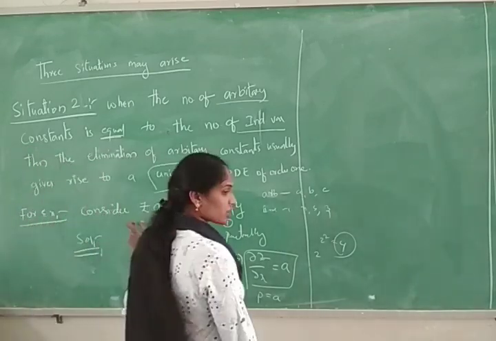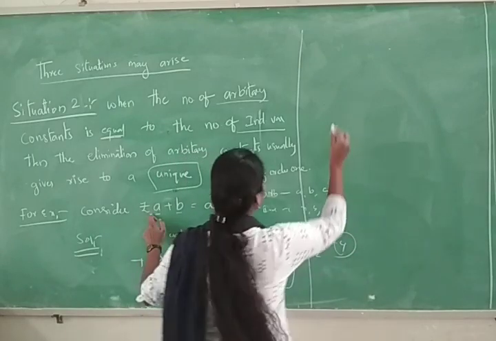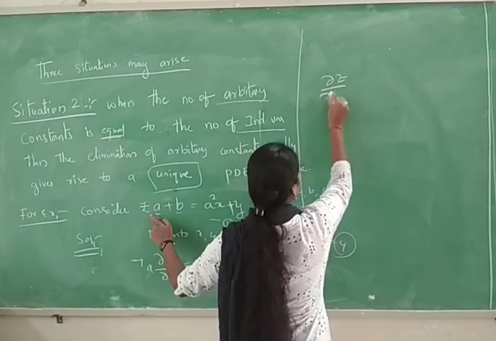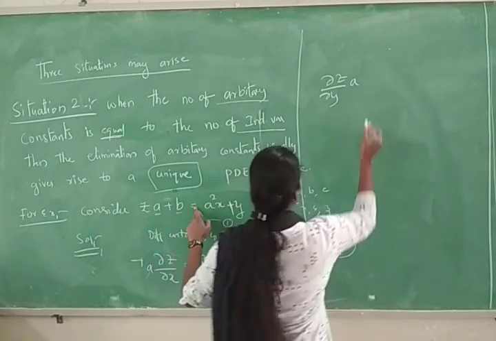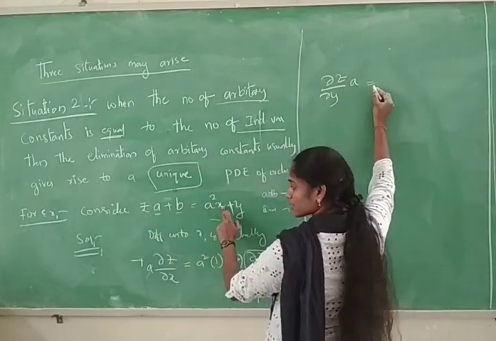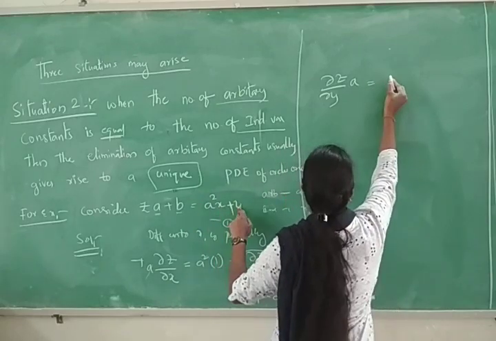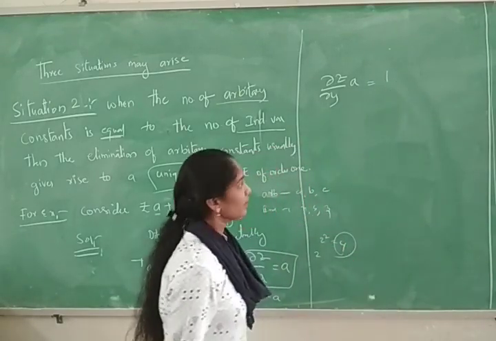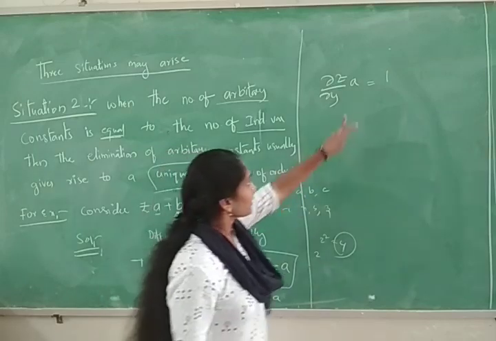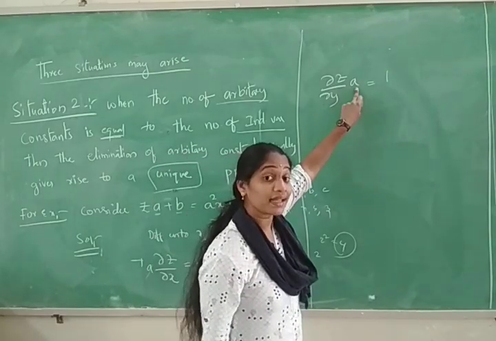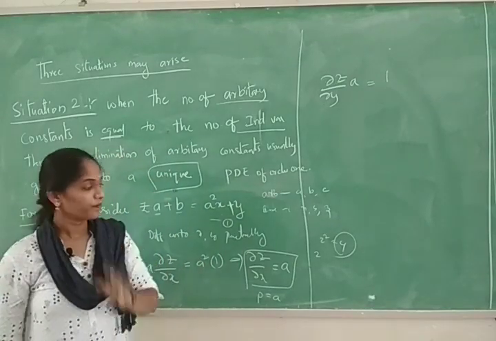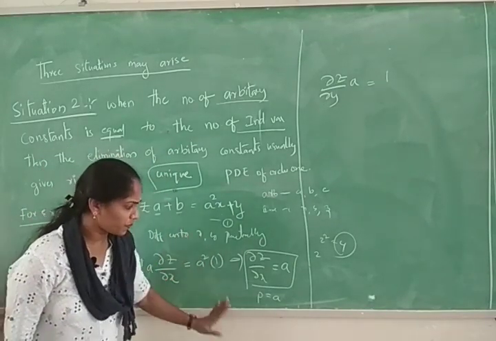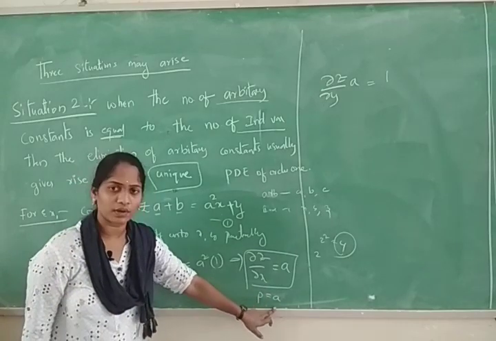Now same, differentiate with respect to y. Dou z by dou y. A is a constant like that only. B is a constant 0, which is equal to a square. X both are constant 0 plus y is the 1. This is another equation. But here the a value is there now. See here, this is the twist of situation 2. When you're differentiating with respect to x, you're directly getting p equal to a value.